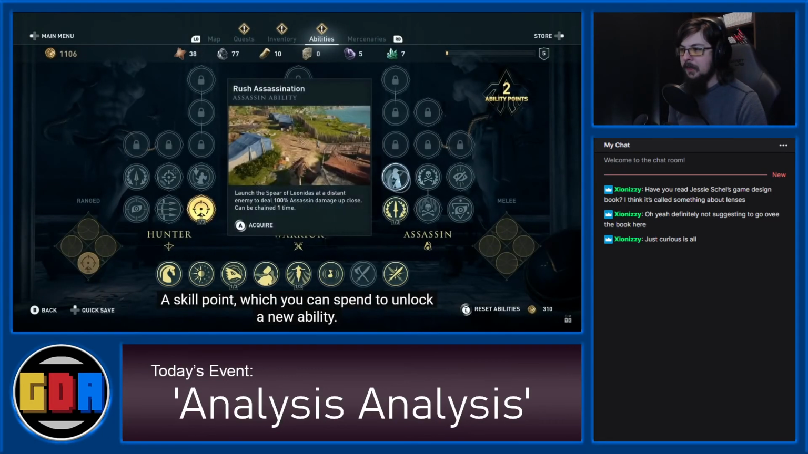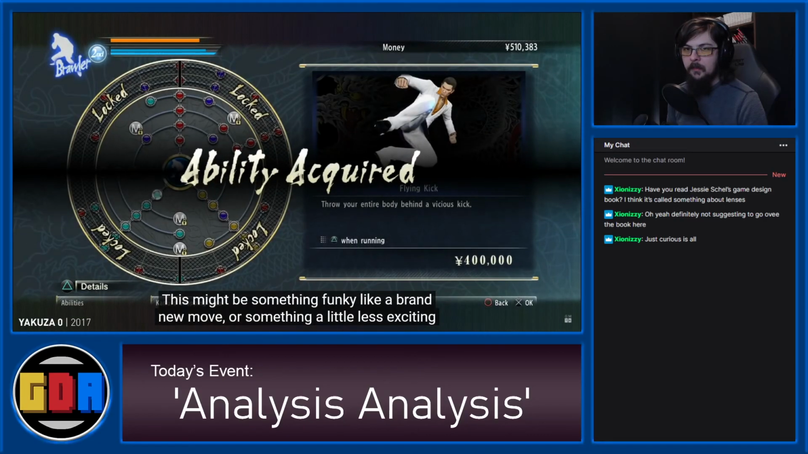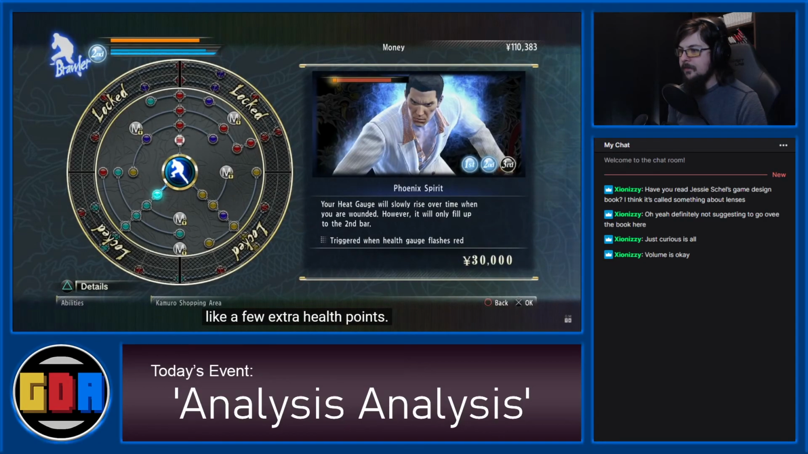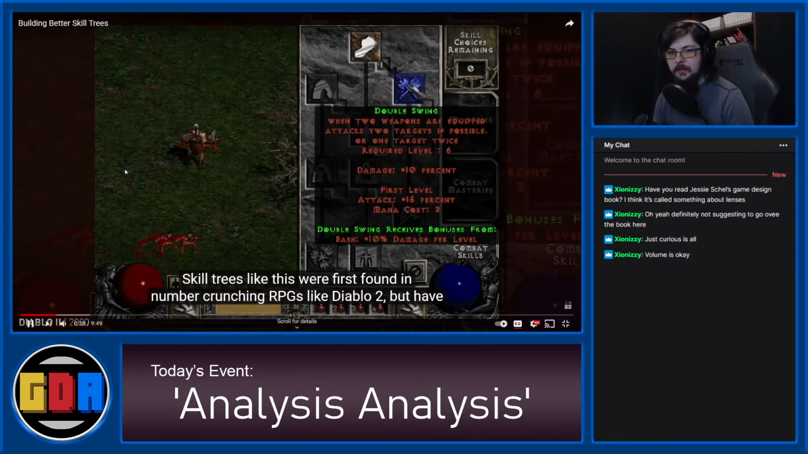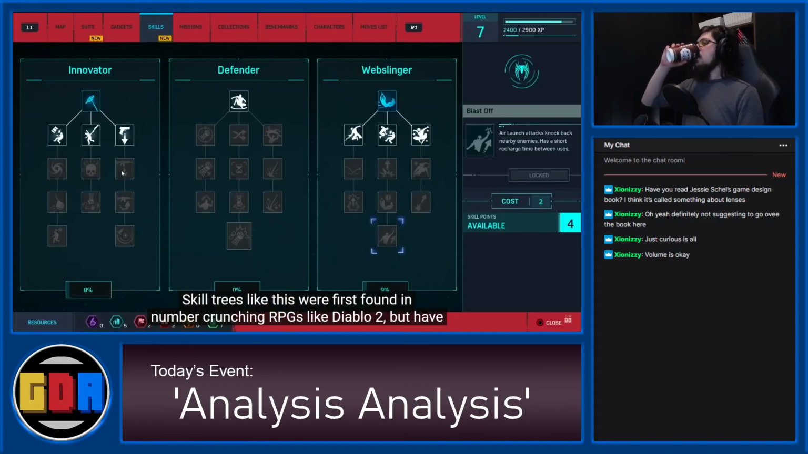That should help. To unlock a new ability. This might be something funky like a brand new move, or something a little less exciting like a few extra health points. Skill trees like this were first found in number-crunching RPGs like Diablo 2, but have since become ubiquitous in big-budget action games, in everything from Spider-Man to